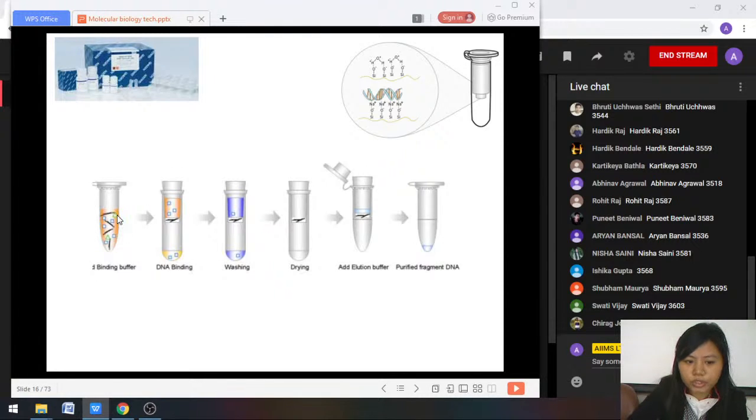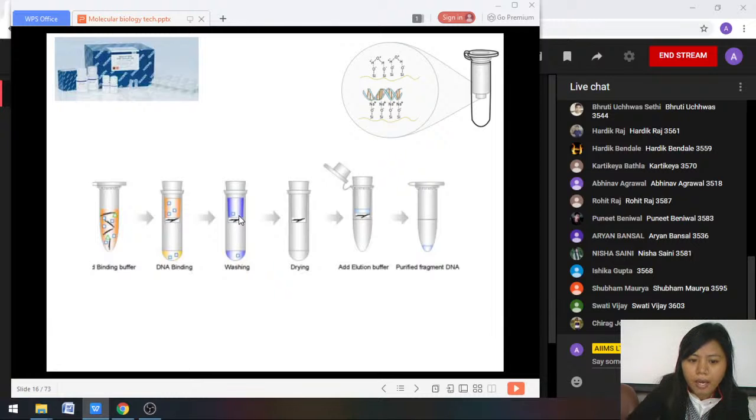So first you have the tube where you've added everything. The lysis step is happening. The nucleic acid is separated. The protein is being denatured. The membranes and other things are being lysed. When you've added it to this tube, which has the silica membrane, there is the nucleic acid and all the unbound particle inside it. The nucleic acid will bind to the silica membrane because you've added the high salt concentration